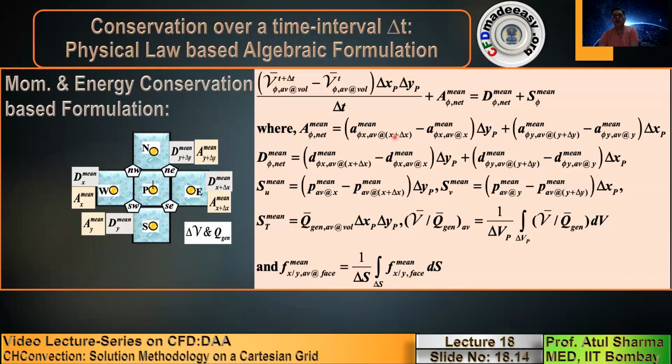This is expressed in terms of the product of advection fluxes and the surface area, and the total diffusion is expressed in terms of the diffusion flux and the surface area. Note that in conduction we have used total net influx, but here, I'll discuss this point later. When we calculate the net viscous force in the positive X direction, we have to take the fluxes from the positive surfaces and subtract the negative surfaces.